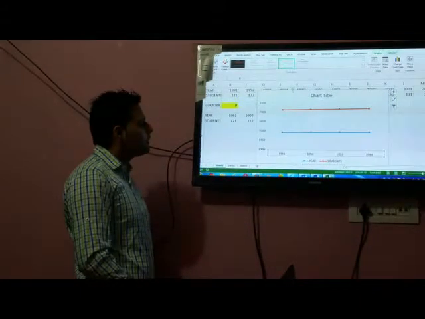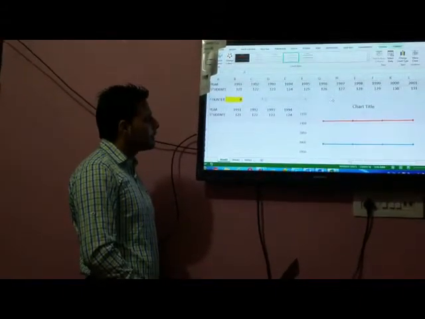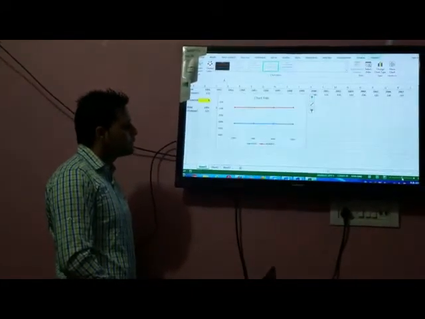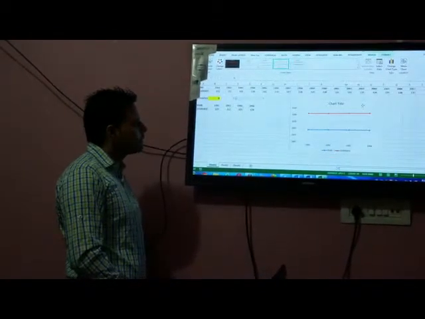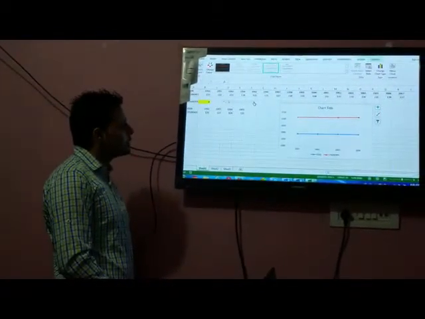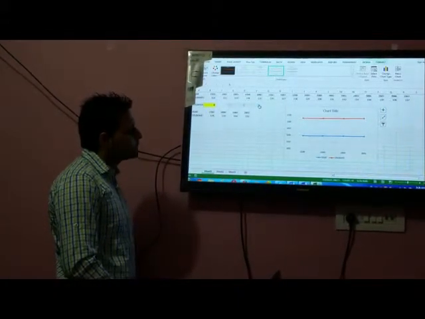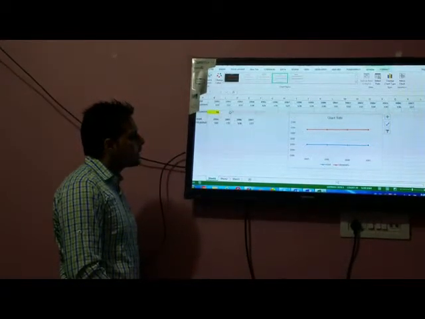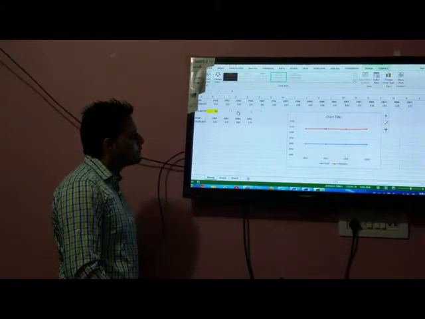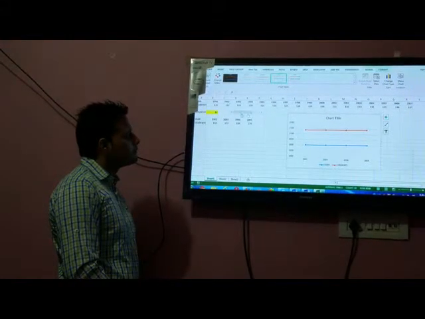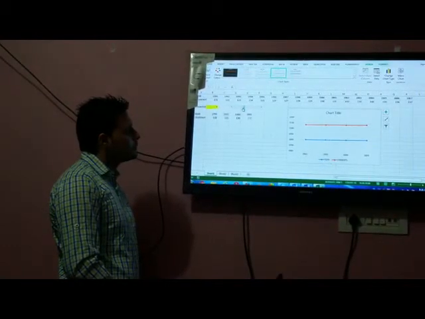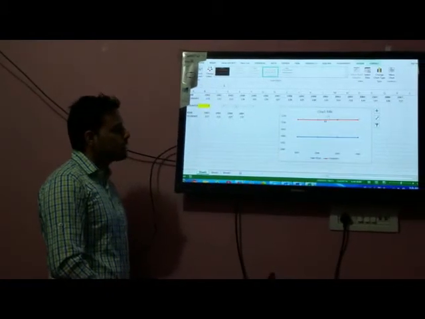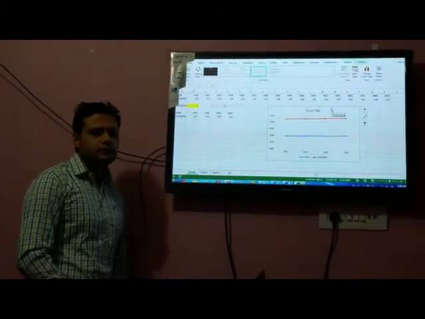Now let's see what is the effect when you change the scroll bar. Let me reduce this zoom value so I can show you the effect of changing the scroll bar. If you change this one, you will see your chart is also moving. This is exactly the thing. If you reduce this value, your chart will also be affected. So this is called a dynamic chart. Like this way we can use a scroll bar in Microsoft Excel. Thank you for listening.